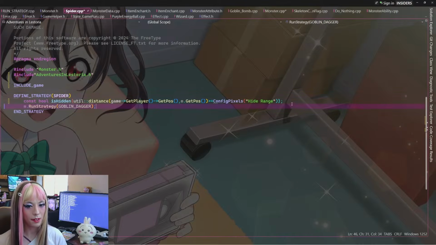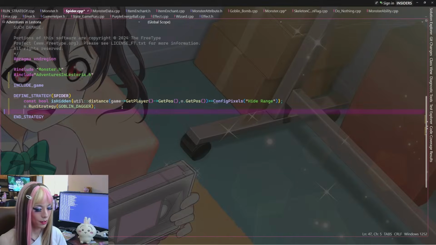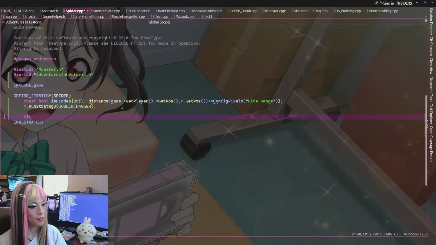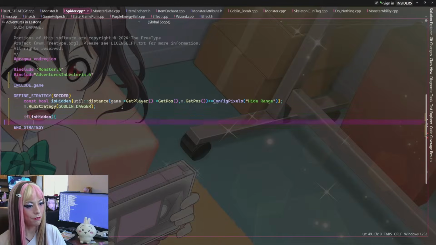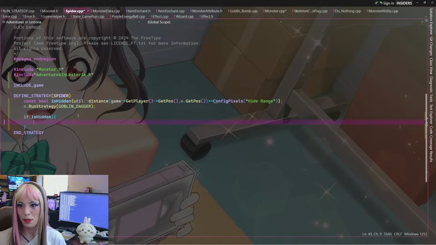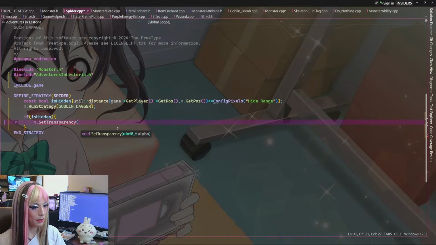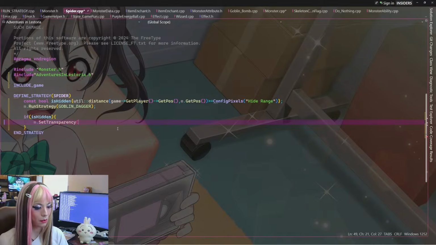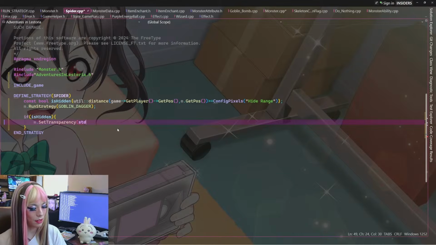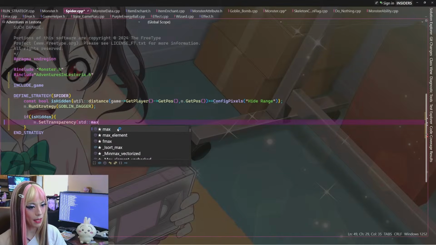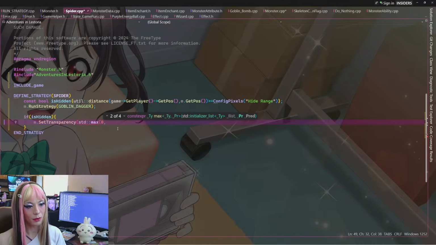And so now that we know if it's hidden or not, we can do some extra behaviors. No matter what, it's always going to run this strategy. But based on whether or not it's hidden, we have to start fading it in or out to match the proper transparency. So if is hidden, we're going to call set transparency to be whatever the current transparency is, but since it's hidden, we're decrementing it down towards 0. So we're going to do a standard max of either 0 or